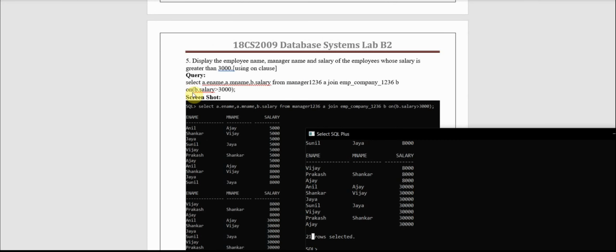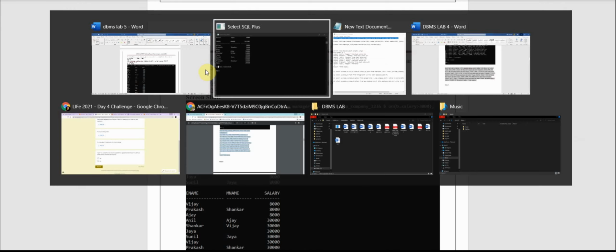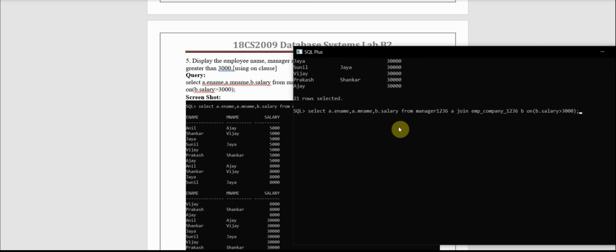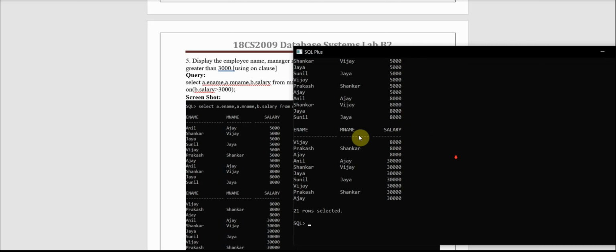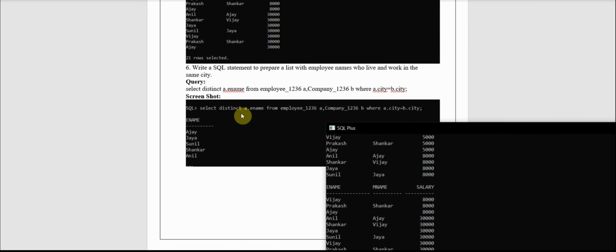We need to give this condition in the curly braces, a normal on, b dot salary greater than 3000. You can see 21 rows here, the same answer we will get, but we are using a different form of the command.